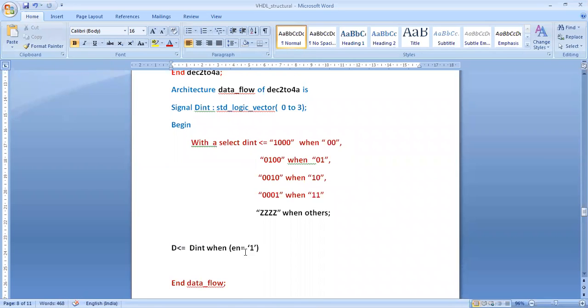If the enable input is 1, then only the output is D in. Then only the output is D in. Suppose the enable input is not 1, so else